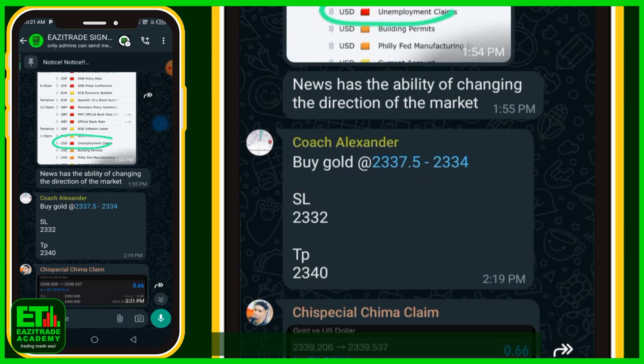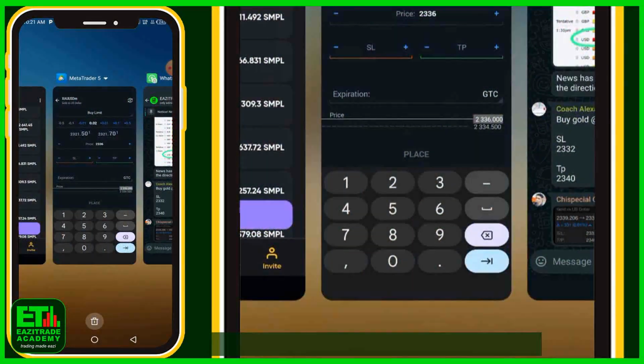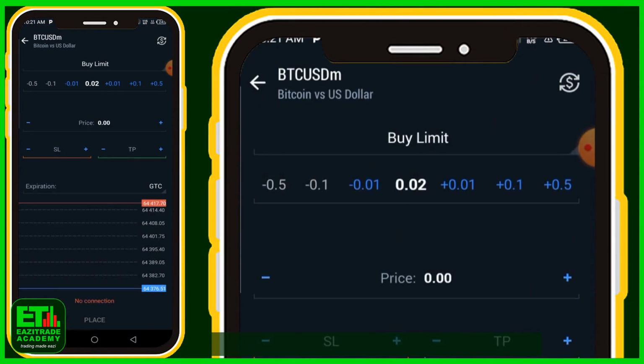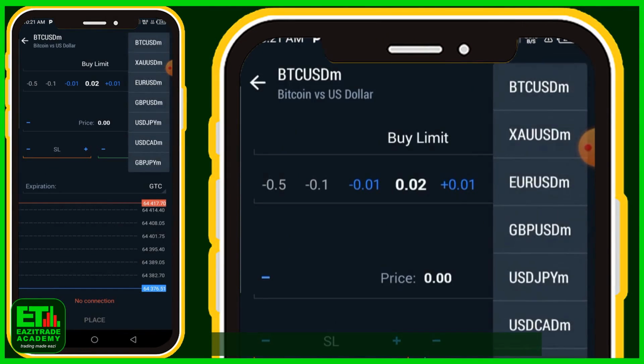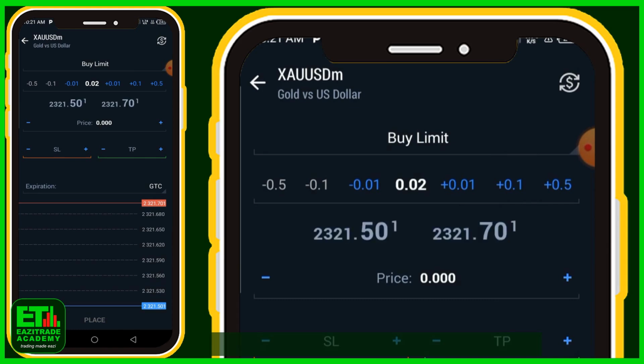Which simply means if you go straight up to your MT5 and you want to use your discretion, all you have to do is change your currency pair to gold, right? Ensure that your market execution has been changed to buy limits. If it's sell, it will be sell limits, right? So on the price area,